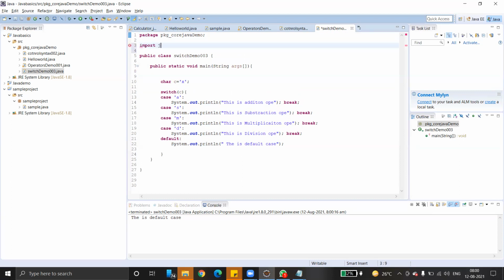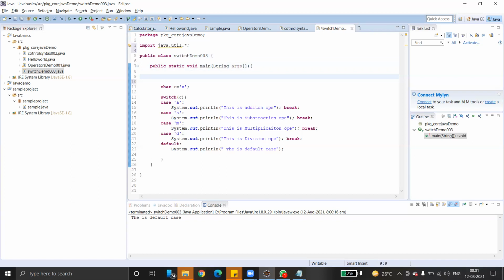So what is the function? Import java.util, done. This package has to be imported first. Then I want to scan the value. How to scan the value? First you have to use the scanner.